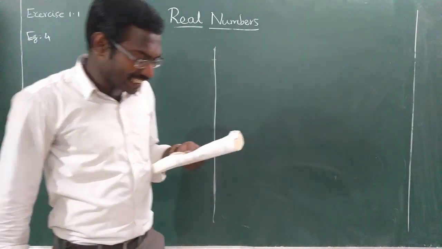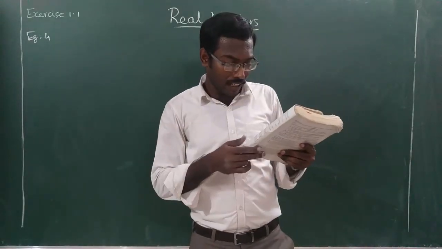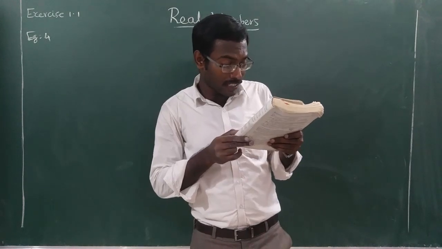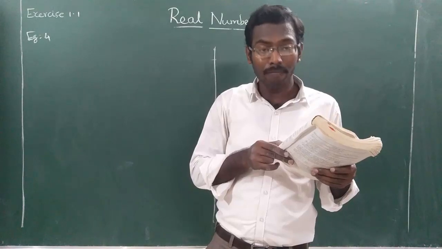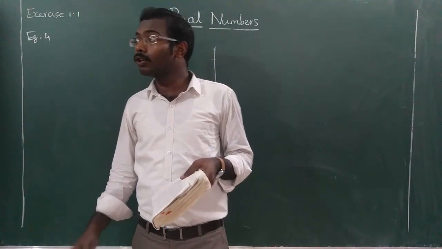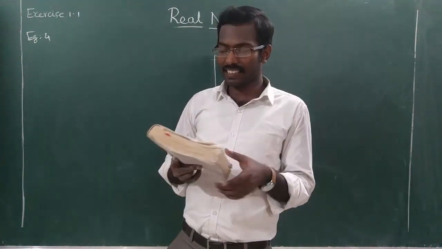But in the question it is not directly given. What is that? It is given she wants to stack them in such a way that each stack has the same number and they take up the least area. In the question the word least area is given, so don't directly go for LCM. First try to understand the question.